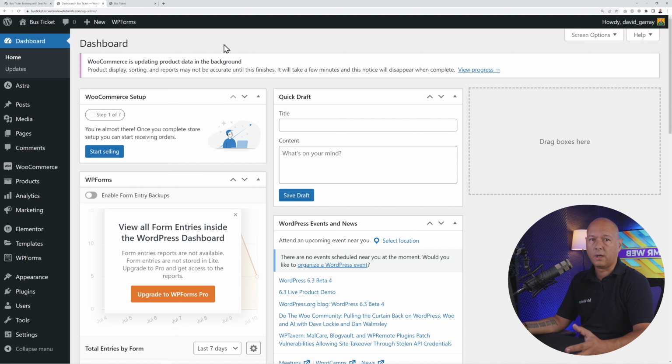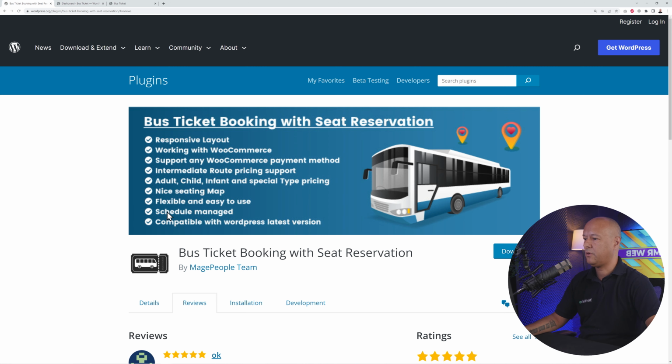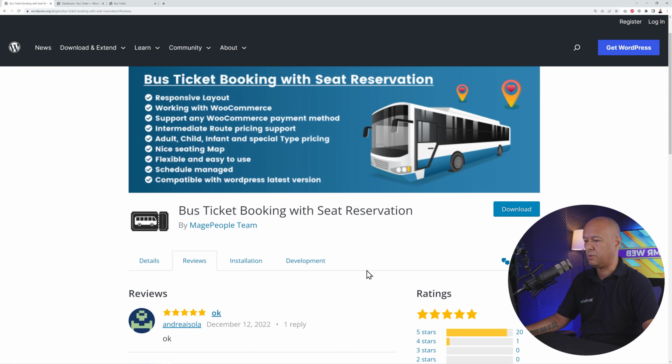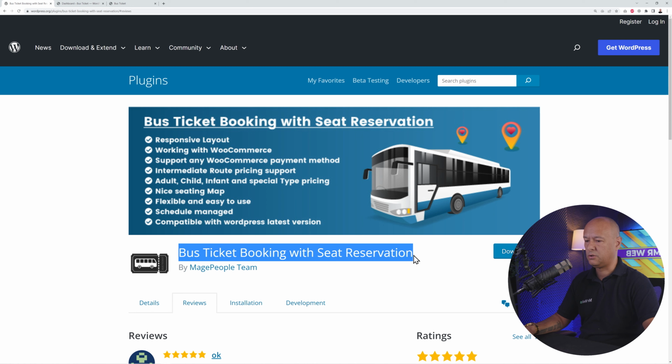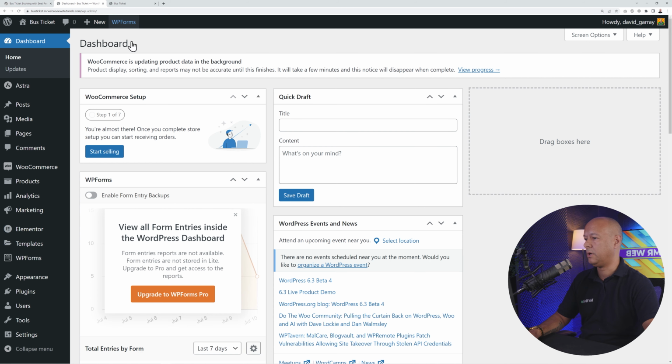And now we need to install our main plugin for our ticket booking, for the bus booking, including the seat arrangement and all that. And for that, we're going to use this plugin here. So it's called Bus Ticket Booking with Seat Reservation. I'll leave a link in the description below, and you can download it immediately here for free from the WordPress repo. So what I'm going to do basically is just to copy this,